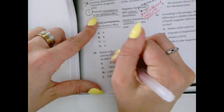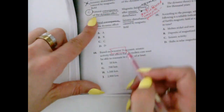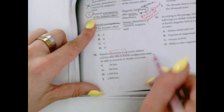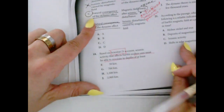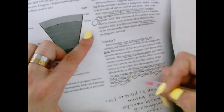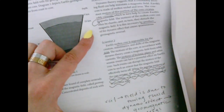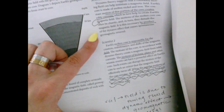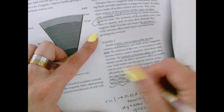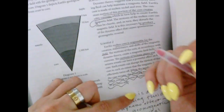Based on scientist 2's account, so my locator is scientist 2. Seismic activity that affects the Earth's molten core must be able to resonate to depths of at least. So, seismic activity that affects the core. So I need to talk about seismic events. So I'm going to go back to this scientist again. The motions of the core create a magnetic field. The motions of tectonic plates have a powerful effect on the core. So,